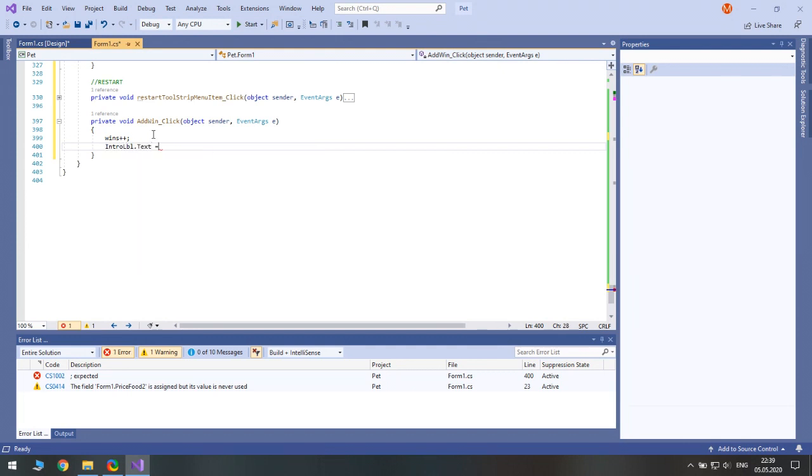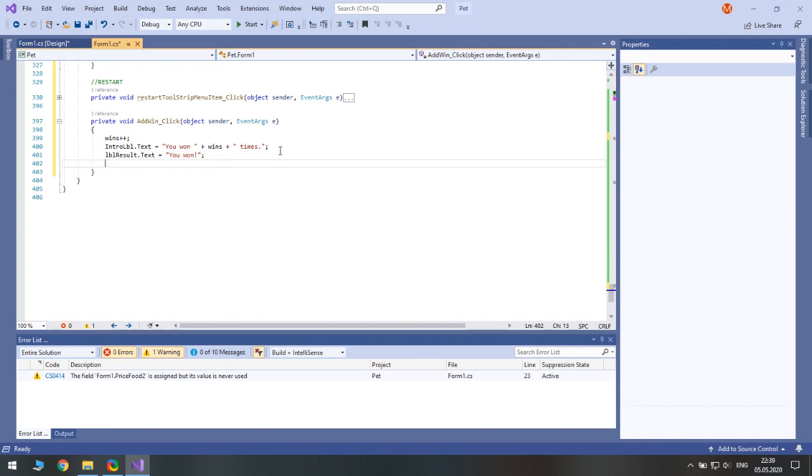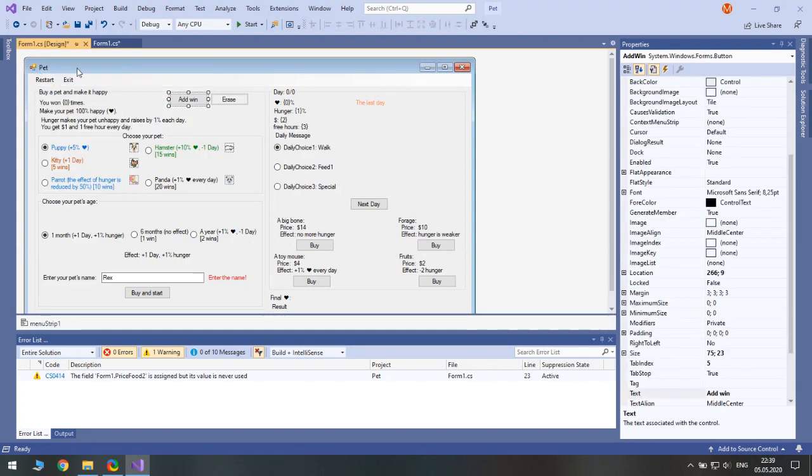like you won, space plus wins plus space times, and let's type times. Let's set label result text to you won. And add win,